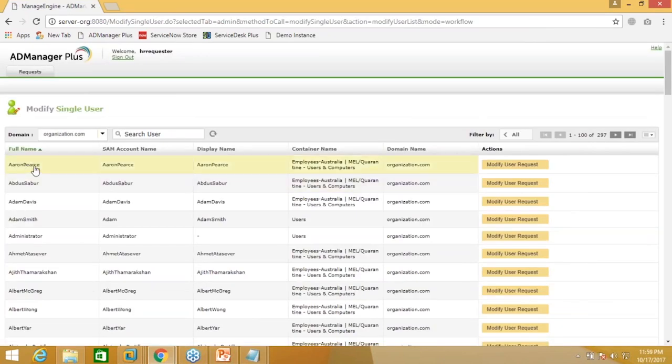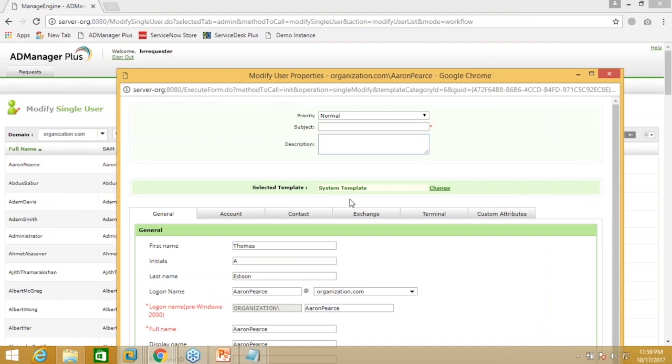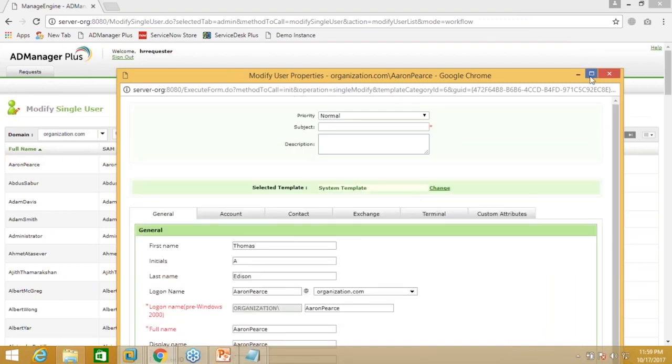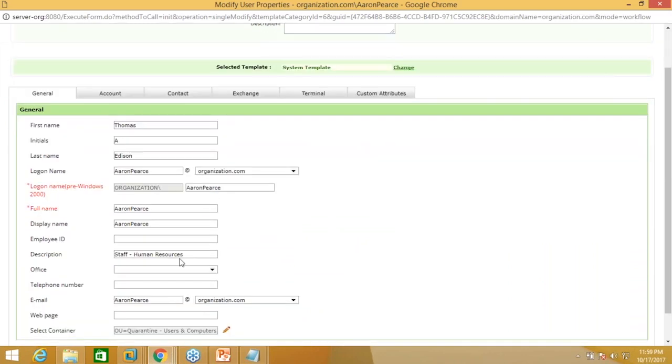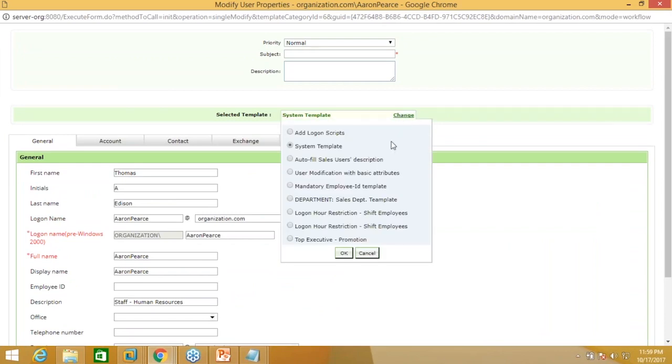An extra tip for modification, pretty simple. Now let's say your HR wants to apply for a modification for one of the users, and in this case, it's Aaron. Aaron is going to get moved from a specific department to a different department. So here, Aaron is already a part of the human resource department. Given the fact that Aaron had good interest in marketing, the organization has decided to give him a promotion. In that case, you can go on and select the top executives template that's already created, a modification template,